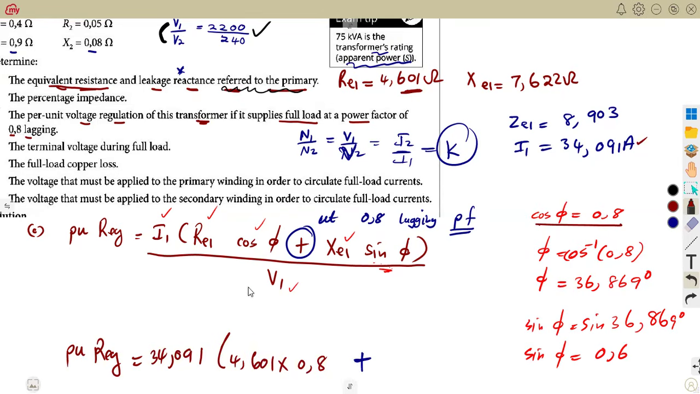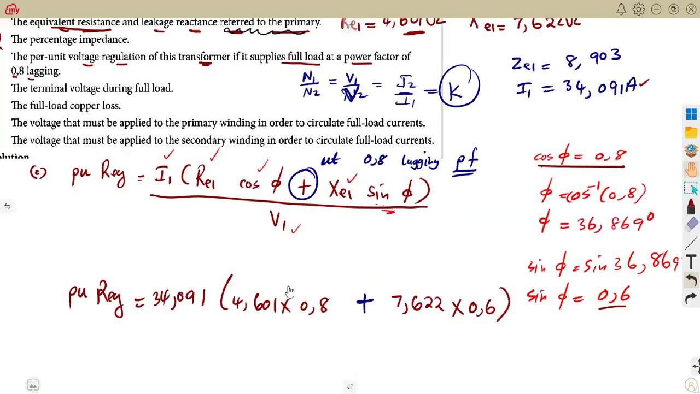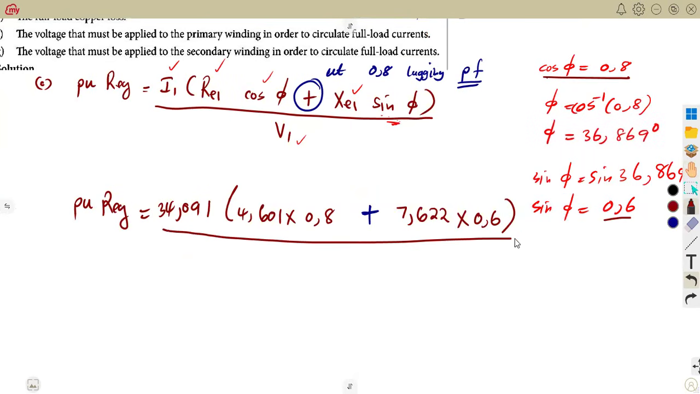Leading is minus. So what's our equivalent leakage reactance? It was 7,622 times the sine of phi, which is 0.6. That's it. Everything over what? V1. As we consider V1 is 2,200, everything is going to be considered over 2,200. So that's our per unit voltage regulation, calculated as a decimal, which is 0.128,